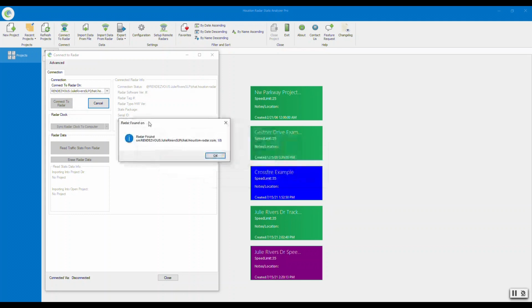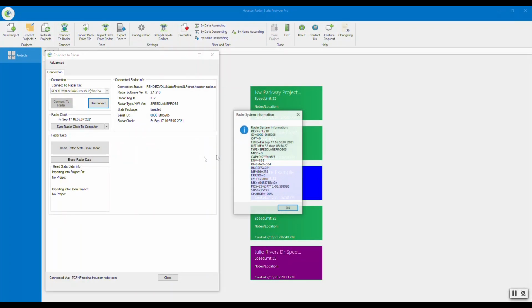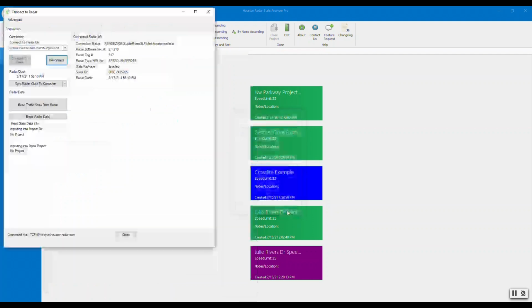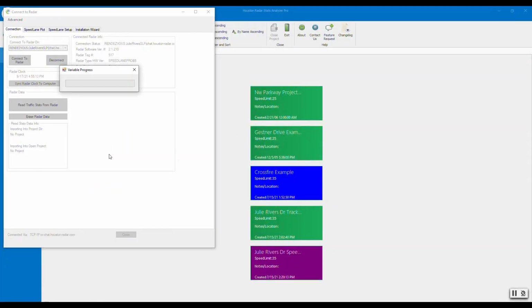So once it's established a connection with the radar through Tetryon, it will show you that it found this radar on this particular IP and location number. And then it shows you the info page, reads all the variables, and then you can pretty much